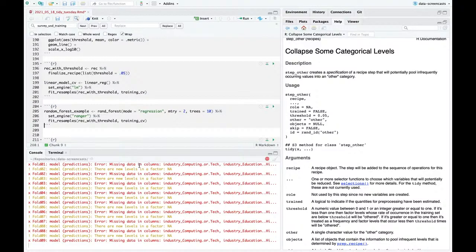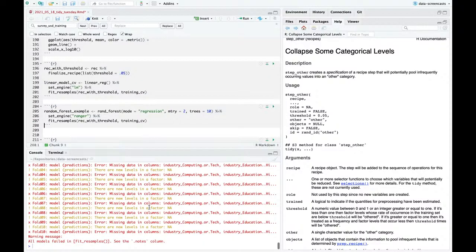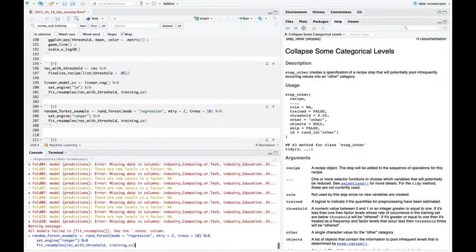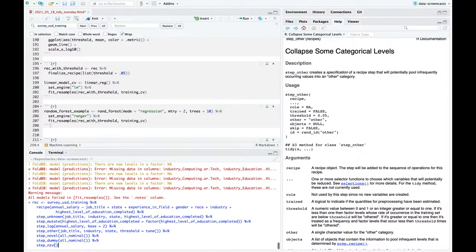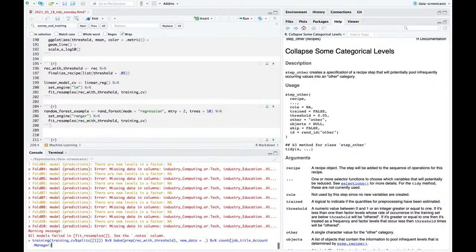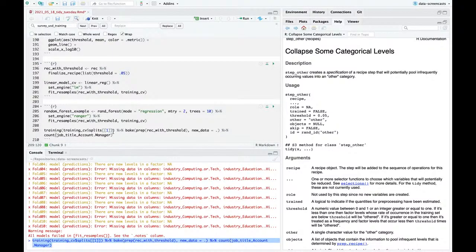Thanks for your patience as we're watching. Notice the higher values like industry, computing, or tech. When it says missing data in columns, I really wonder. This is my debugging strategy: I'm going to go back to the first split and take the training set,